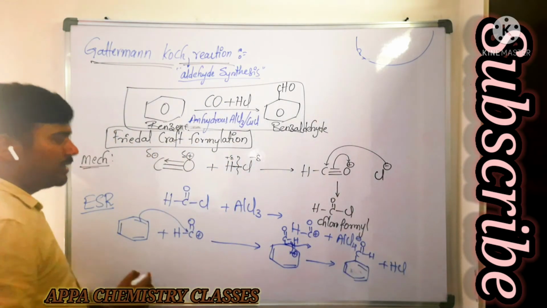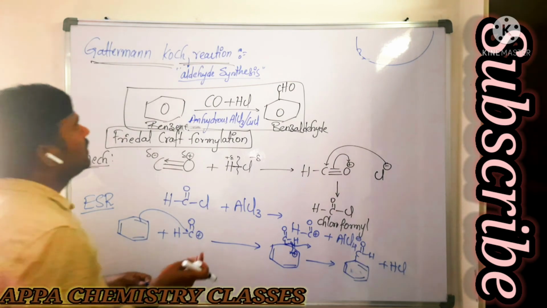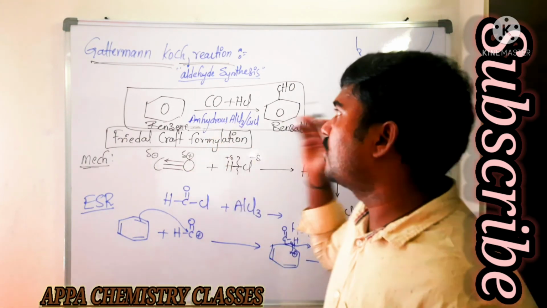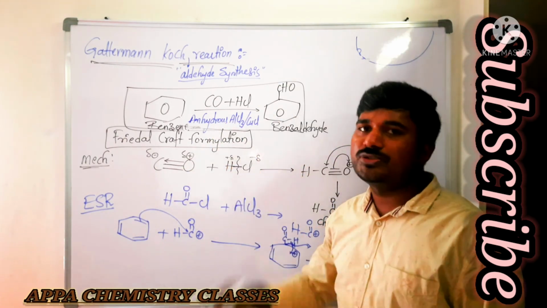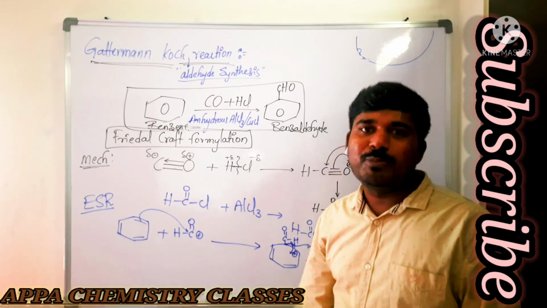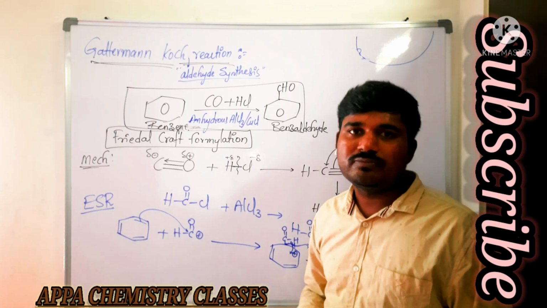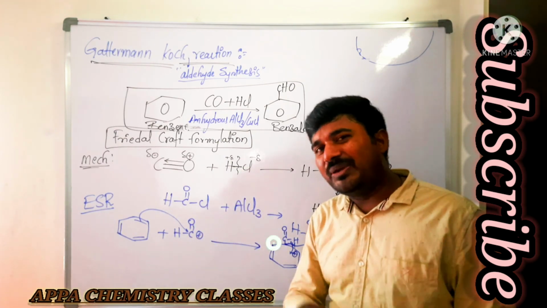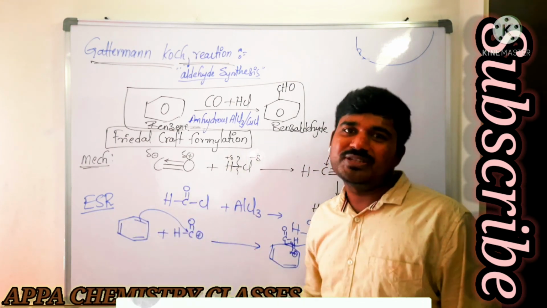Okay? So AlCl3 is what here? Catalyst, that will remain as it is. That is the Gattermann-Koch reaction. It is also called Gattermann aldehyde synthesis. That's it about preparation of benzene carbaldehyde by using the Gattermann-Koch reaction and Etard's reaction, which are very, very important. I hope you have learned two named reactions from this video.